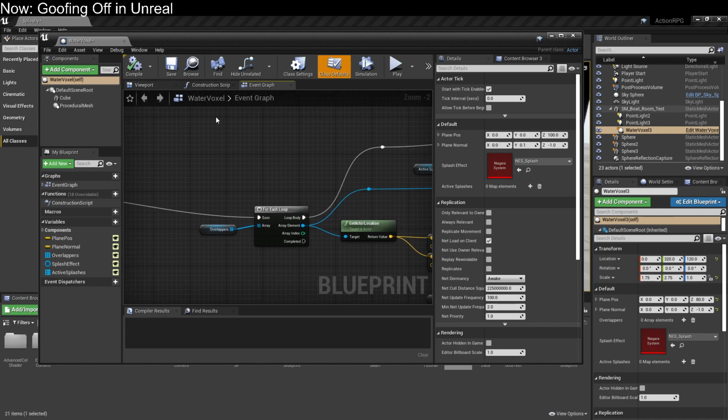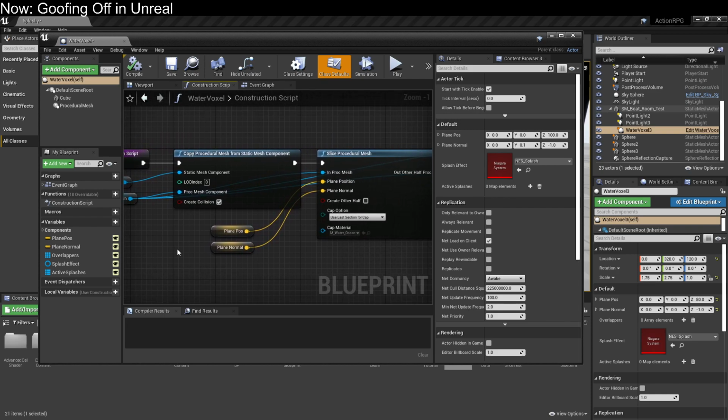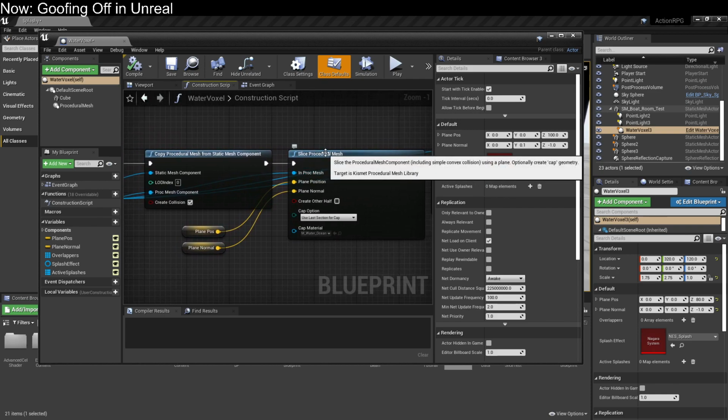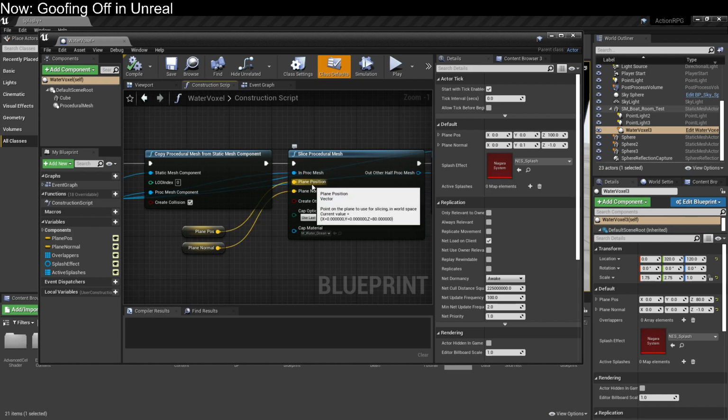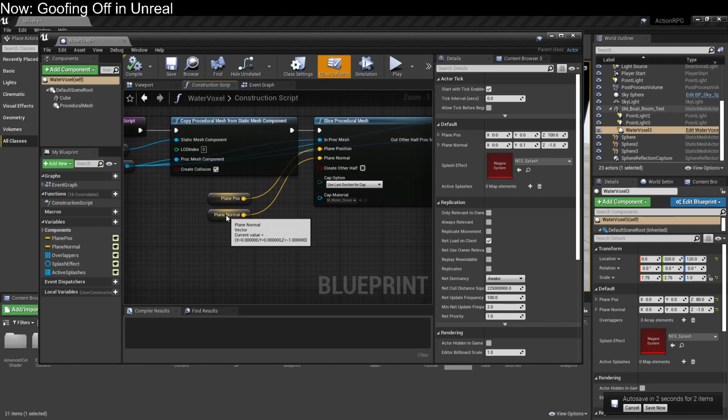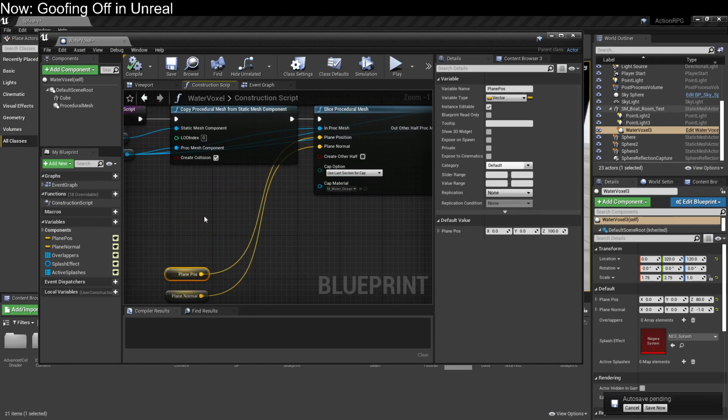All right, so here's our construction script where we go through and we grab this stuff. Here is the slice procedural mesh with the plane position and the plane normal. So apparently plane position and plane normal are in world space. It is not in world space. You're a big fat liar. I guess I shouldn't be surprised because this actually is a broken function to begin with. It's in local space. So we are going to have to put it into world space by using a change. So we're going to just